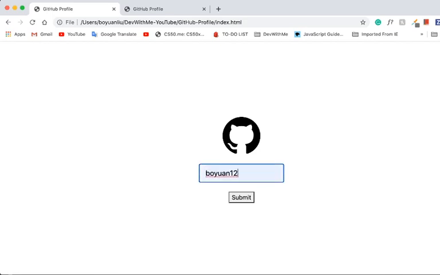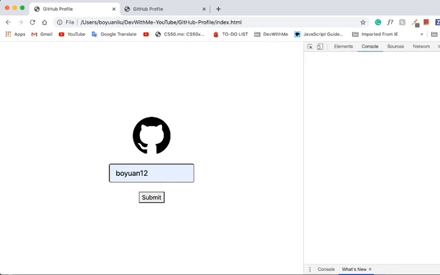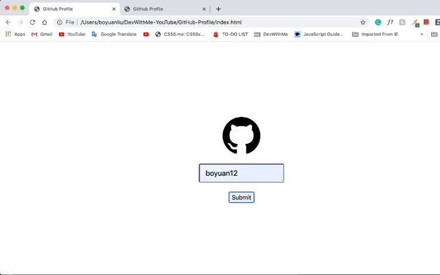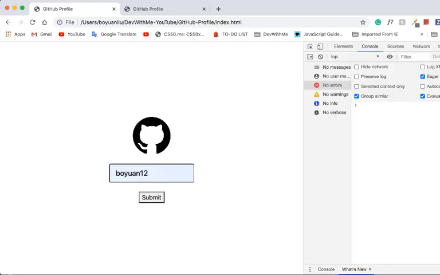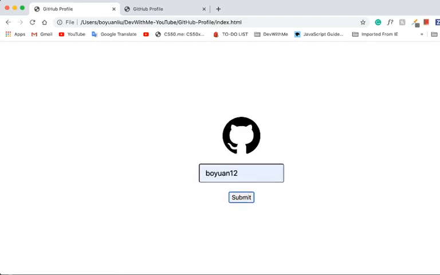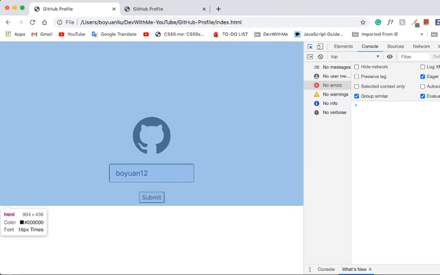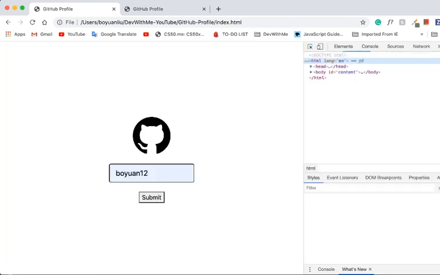Now if I do fill it out, I don't think there's any errors. You can see it's still hidden for some reason. So we need to unhide the result, because if we try inspect, result,